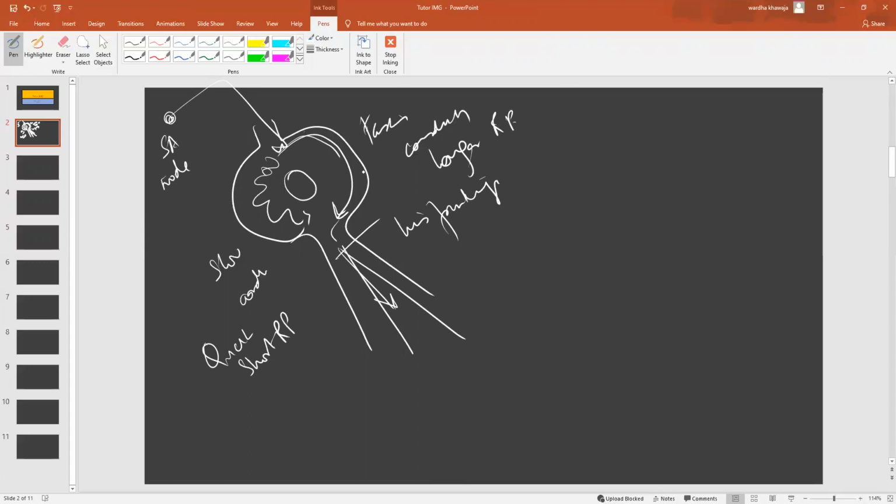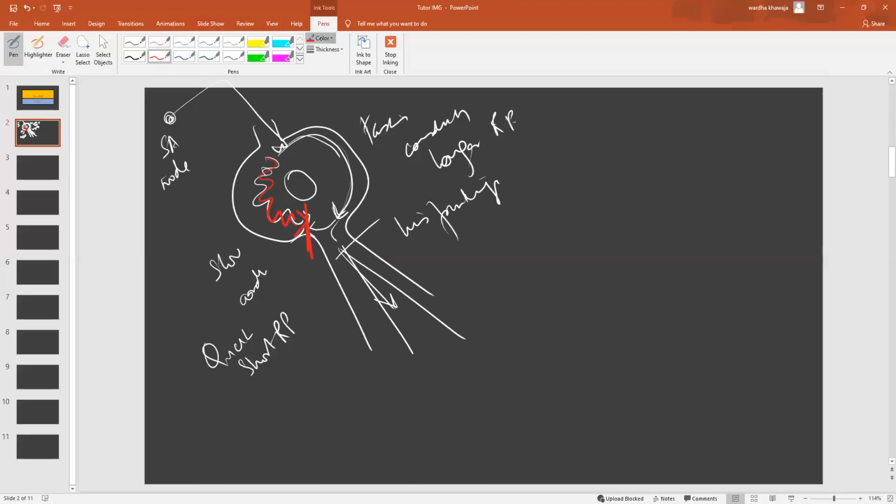Remember, electrical current can flow in either direction within these conducting pathways. So when it comes down this pathway, it will not just travel down here, but also go back up here. As it goes back up here, it does meet the impulse that was traveling slowly down, sauntering down the slow pathway. Both of these collide and cancel each other out. So this is what happens in a usual SA node run world.